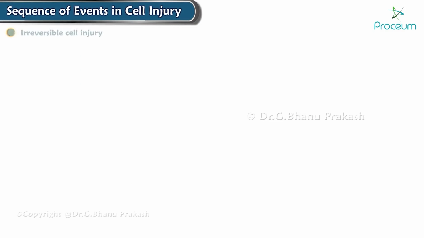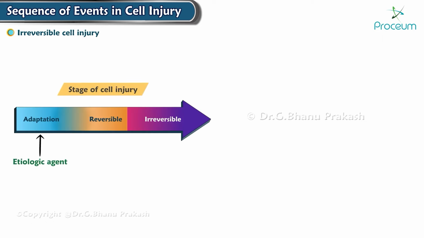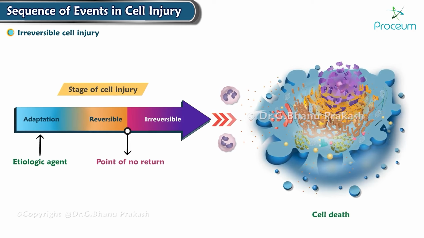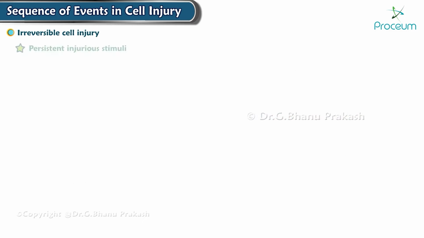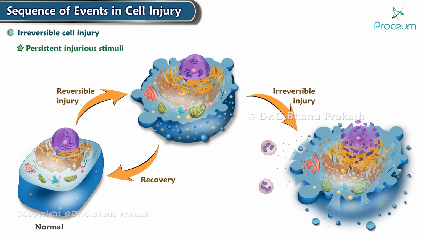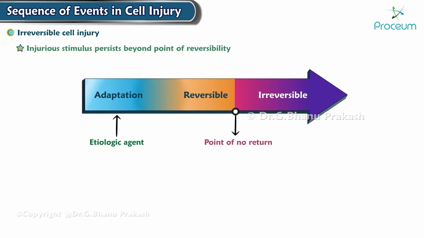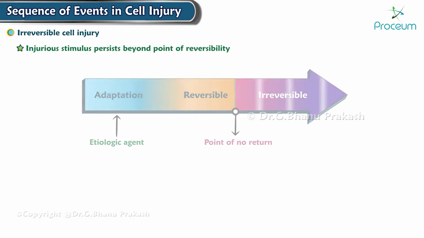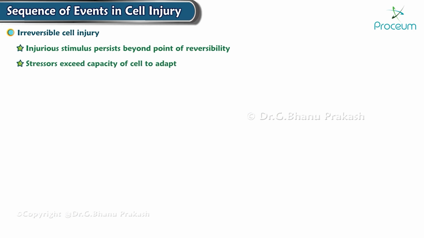Let's move along to irreversible cell injury, which is the stage of cell injury that is a nebulous point of no return, causing cell death, caused due to persistent or excessive noxious exposures. Persistent injurious stimuli will transform reversible into irreversible injury. When an injurious stimulus persists beyond the point of reversibility, and the stressors exceed the capacity of the cell to